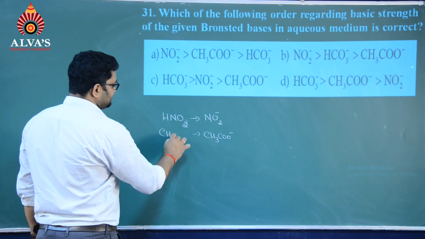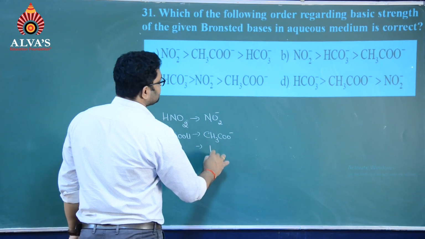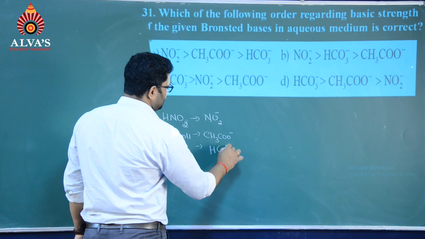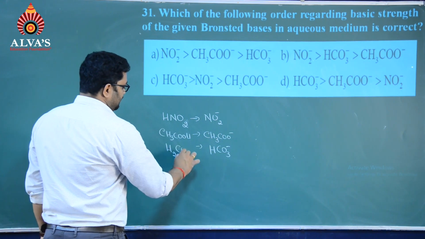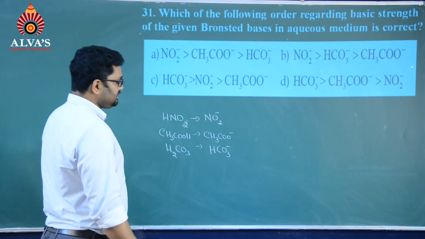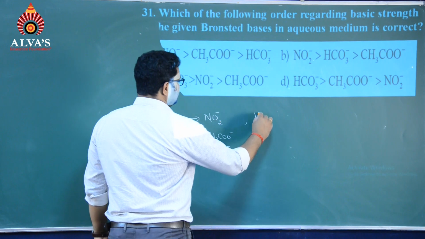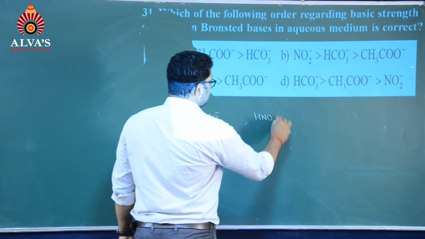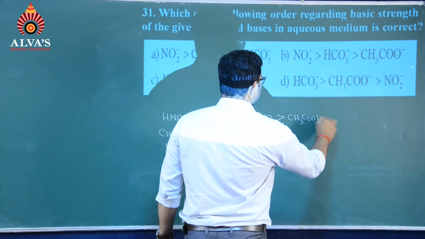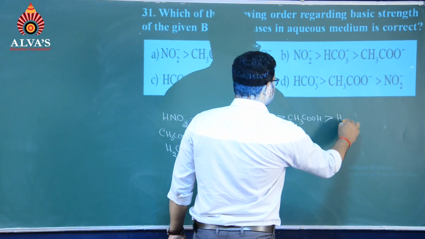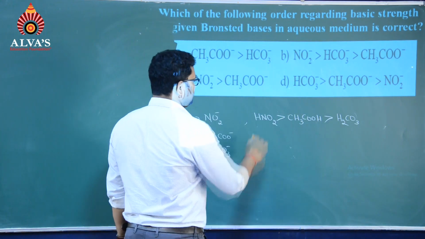its conjugate acid is acetic acid, and last one is bicarbonate, its conjugate acid is carbonic acid. Now I will write acidic strength. HNO2 is stronger acid than acetic acid, and acetic acid is still stronger acid than carbonic acid. Now this is acidic order,